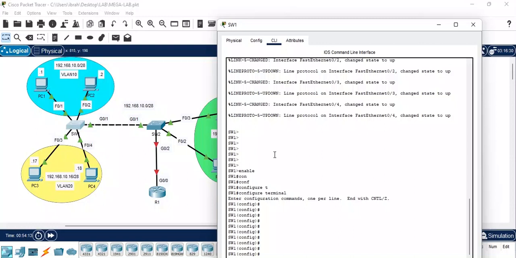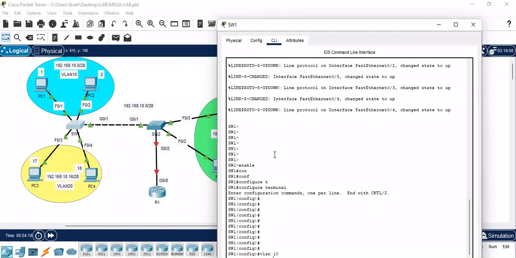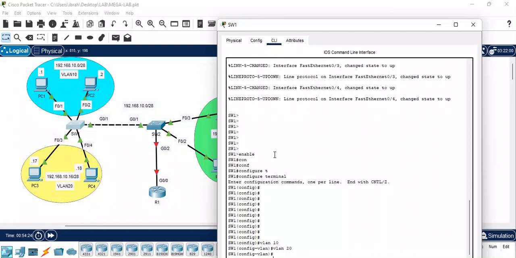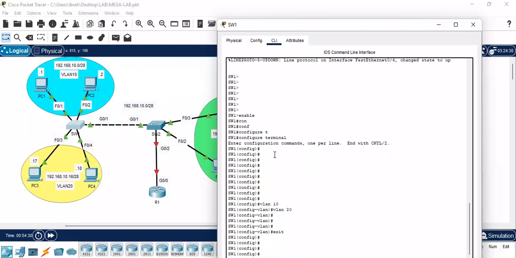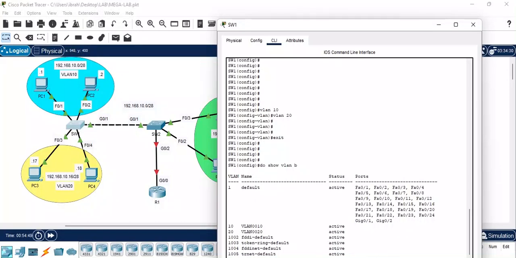VLAN 10, press enter. We create VLAN 20, press enter. We exit from this interface. Now let's verify if we have created VLAN 10 and VLAN 20. Because we are in global configuration mode, we don't need to exit out. We use the word do show VLAN brief. So you can see in switch 1 now we have created VLAN 10 and VLAN 20, but